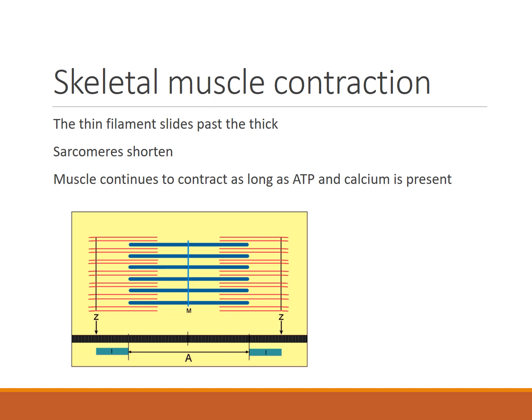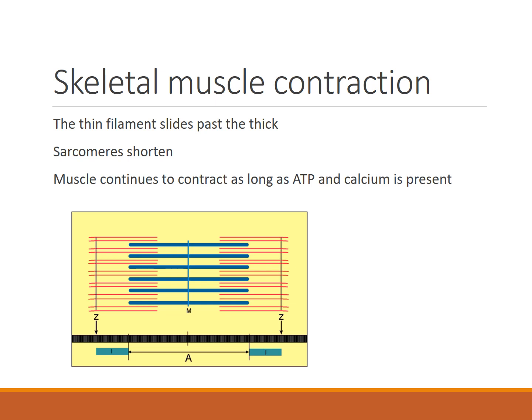Now, we're not going to go into all the detail about the regulatory mechanisms, but just very briefly, a nerve impulse is transmitted to the sarcolemma, the cell membrane of skeletal muscle. It's going to find its way down toward the center of the skeletal muscle, and then it's going to cause the release of calcium. When calcium is released, that's going to allow the thick filaments to start to pull on the thin filaments. One contraction, one pulling. The calcium goes back,